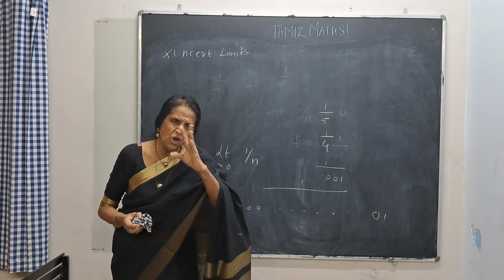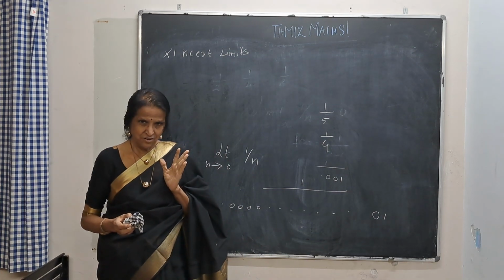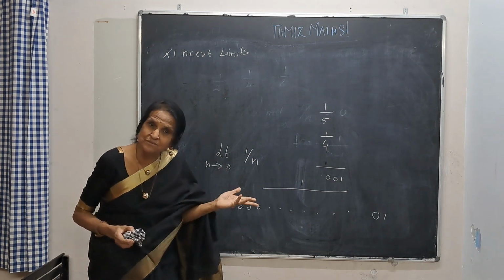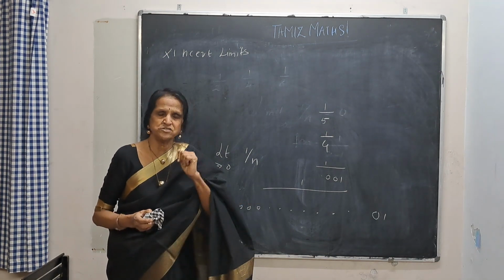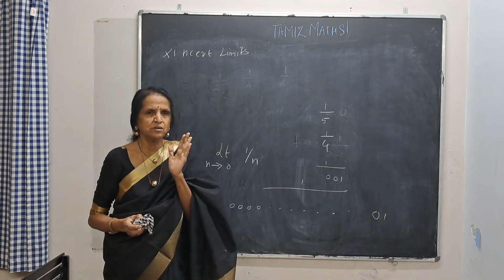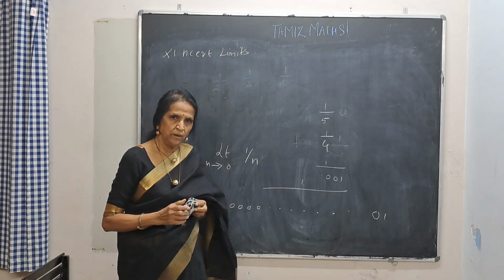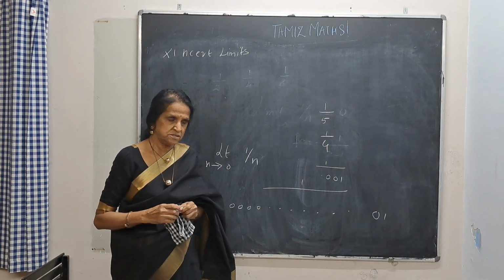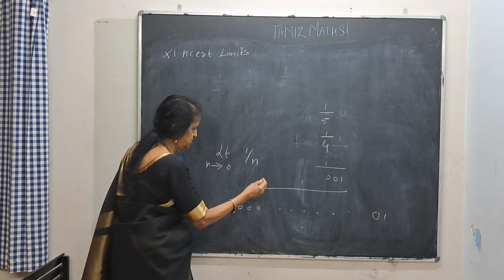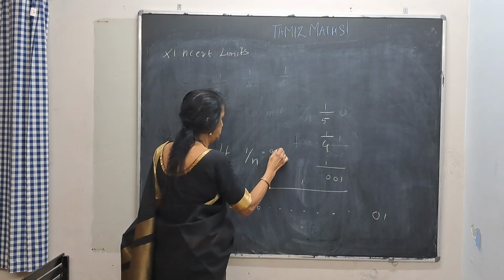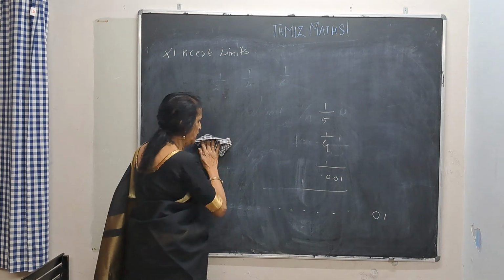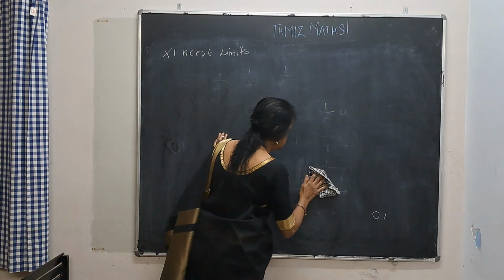Denominator is not actually 0. Is it 0? No. It's 0.000000001. Whatever it is, it's not 0 at all. So the denominator is very close to 0, and so you will get a very, very large expression, and that is termed as infinity. So the limit as n tends to 0 of 1 by n will be equal to infinity. Now the meaning of tending. Why do you say tending? Why do you say approaching? We will see right now.